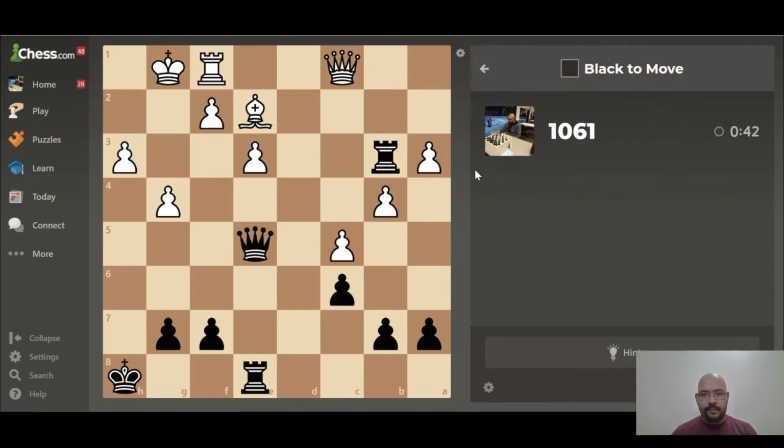Okay, let's keep going. Black to play. White has just moved his bishop to c4. Go ahead if you would like to pause. So our rook is attacked, of course, and